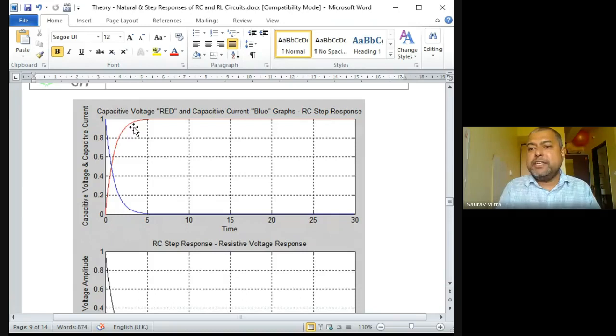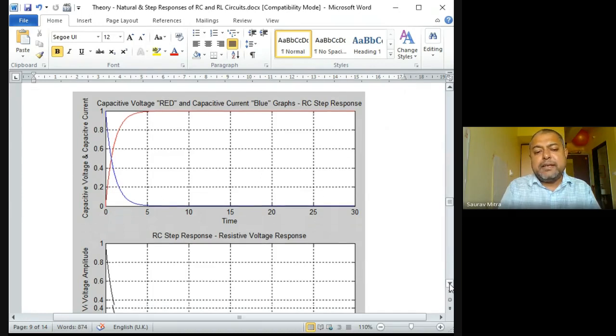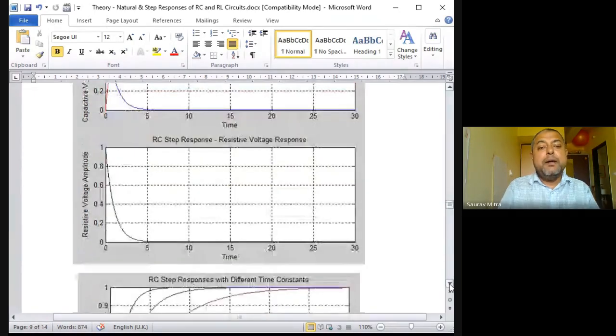So whatever code I have sent you, if you run that, this is the output you will get. This is how the capacitor's current is reducing. Red is the capacitor voltage and blue is the capacitor current. So they are opposing in nature. The capacitor's voltage is building, the capacitor's current is reducing, and you are finding this is the RC resistive voltage response, because